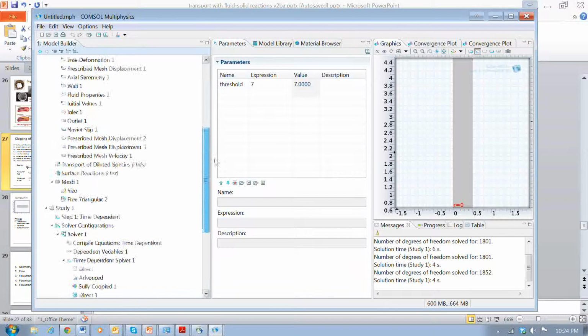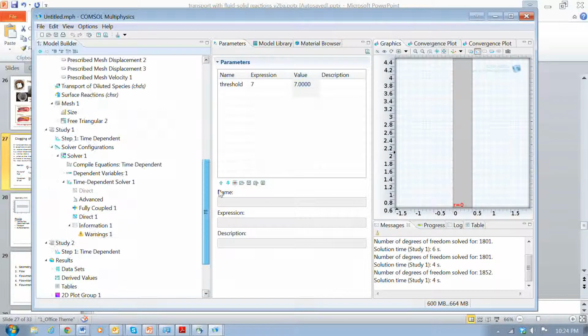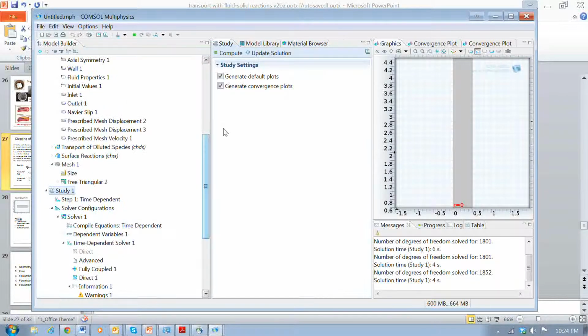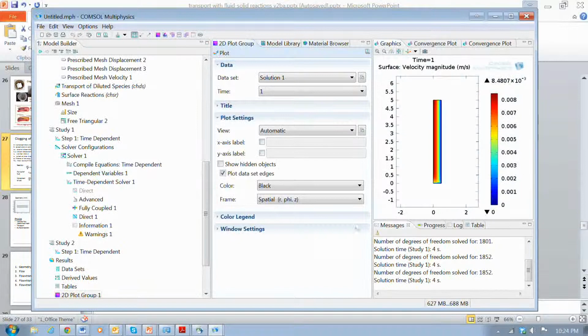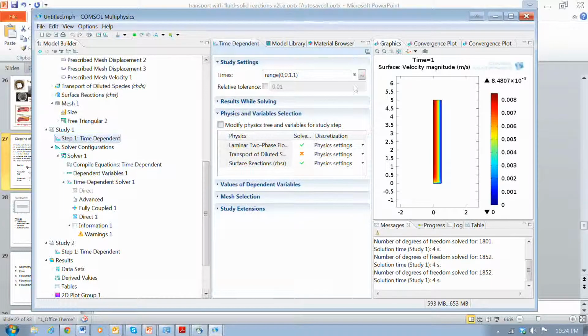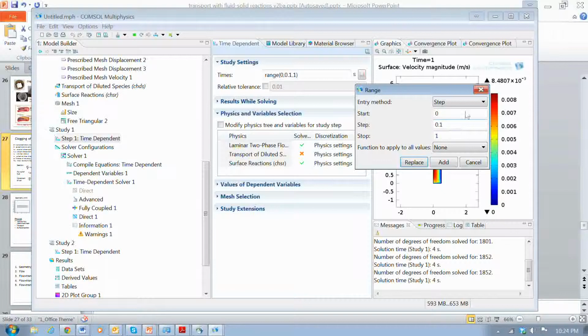Okay, so if that's all done, then this should run. And I still keep it set for just 1 second because basically I just want to see if it runs okay. And you know, everything looks good. So now I can go and increase the time, and I'll try running this for